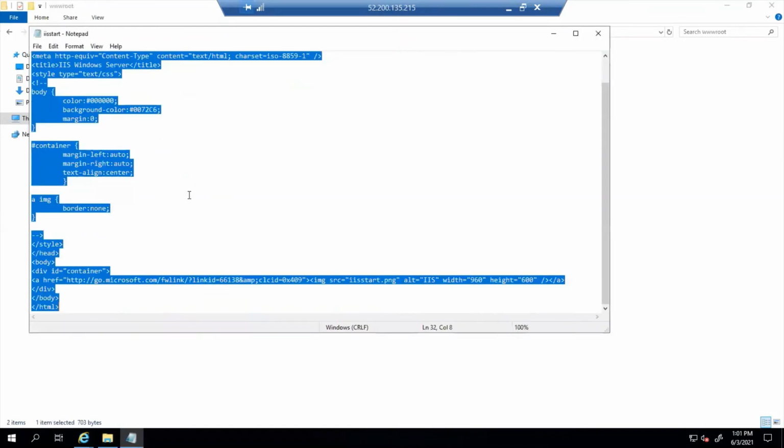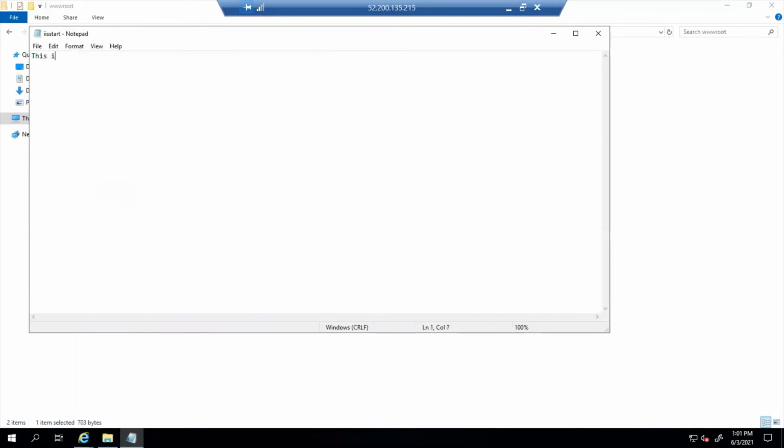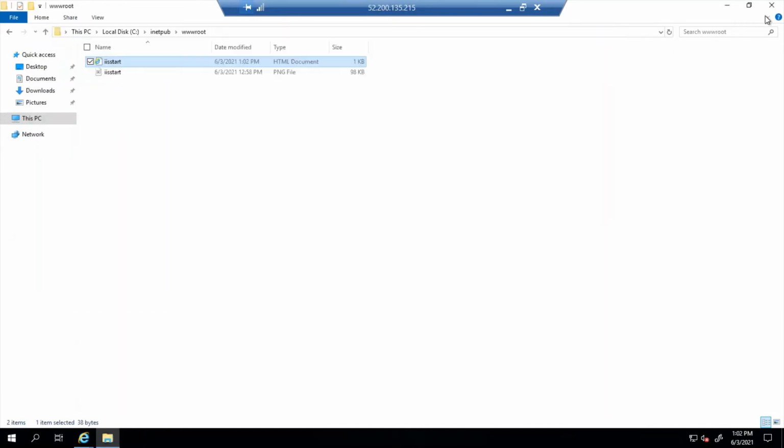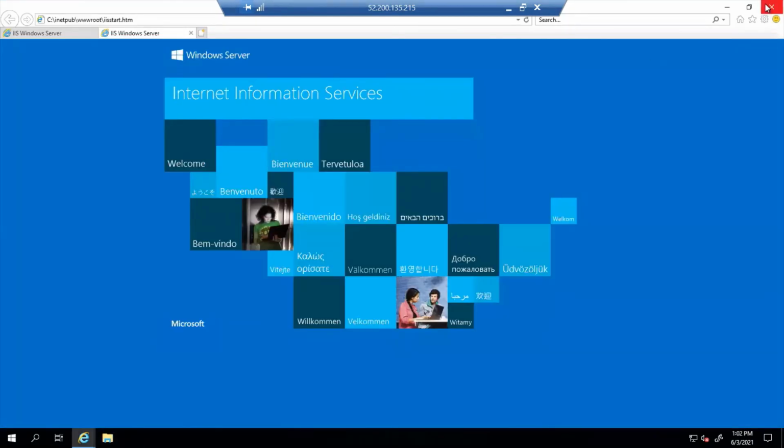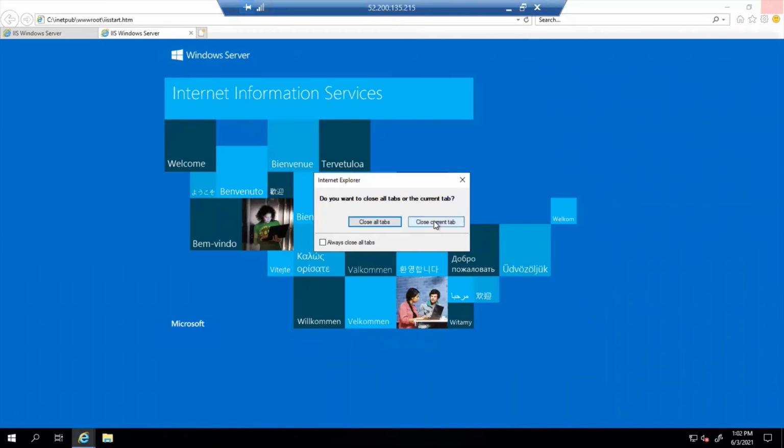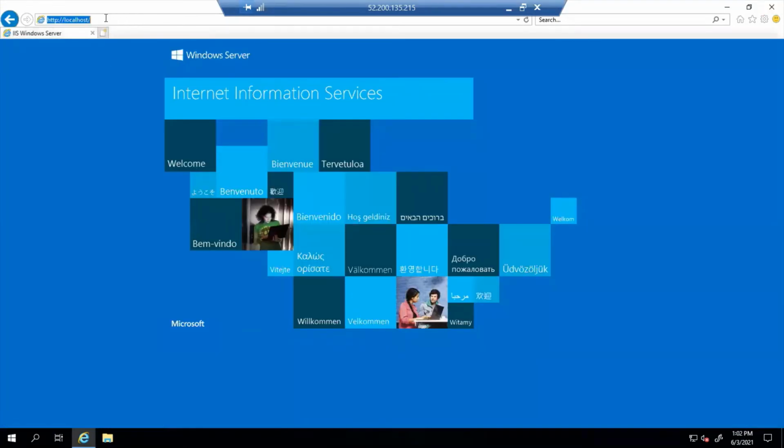Control A, delete. This is demo web page on Windows Server. Save, close. So if we refresh this page, we can see our page that we edited over here. So this is just a very small page, but you can paste your own content over here and then you can